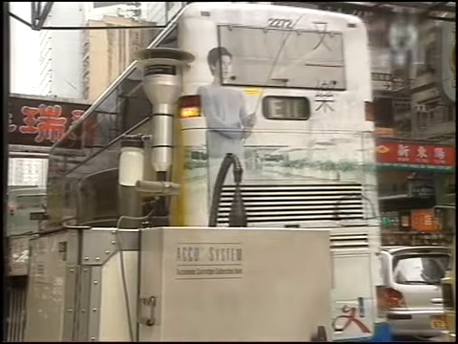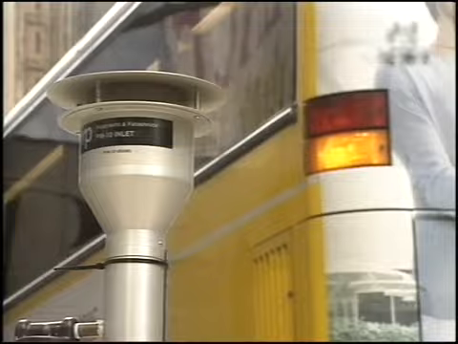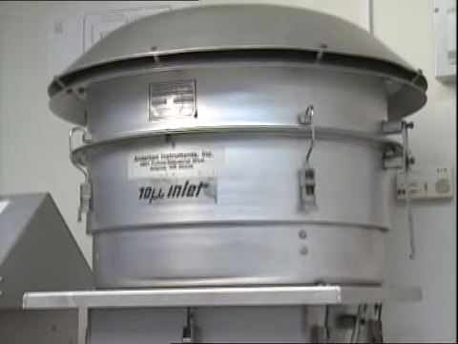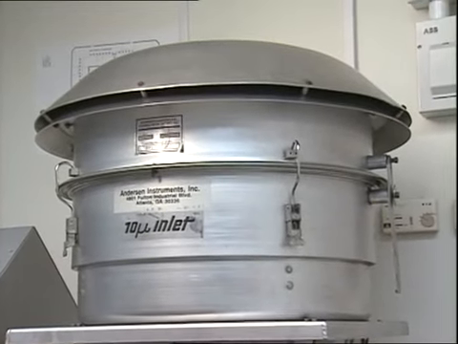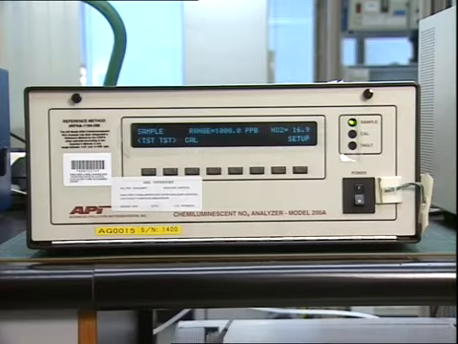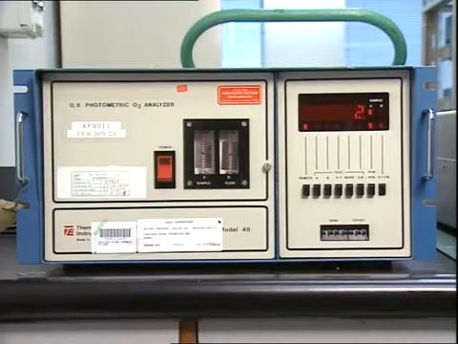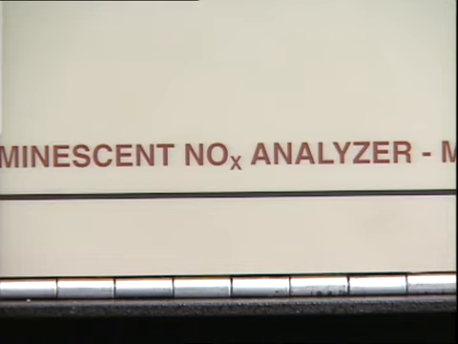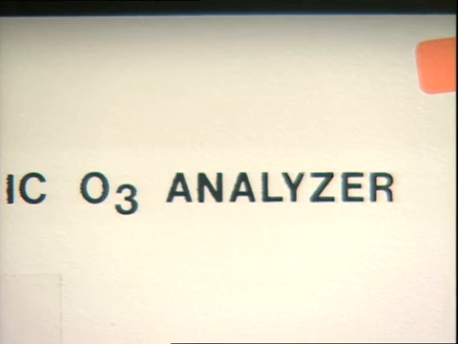The EPD has set up more than 10 fixed monitoring stations to monitor air quality throughout the SAR. This is a high-volume sampler, which is used to measure the concentration of suspended particulates in the air. These apparatuses measure the concentration of pollutant gases, including sulfur dioxide, nitrogen oxides,